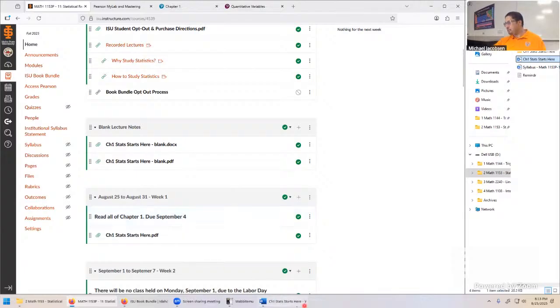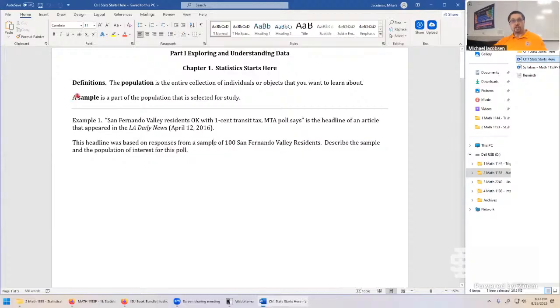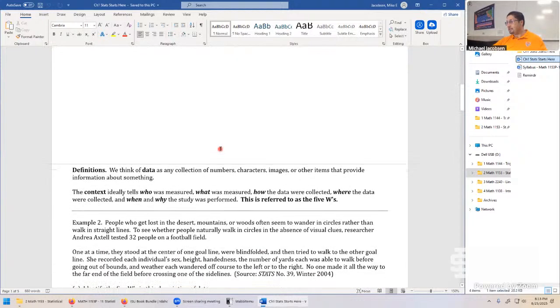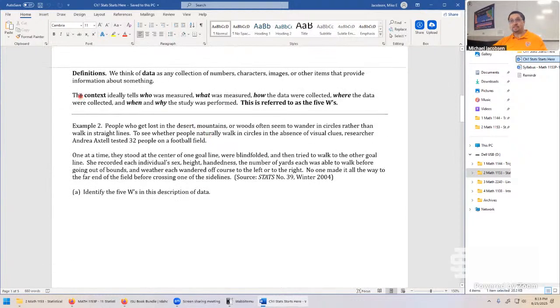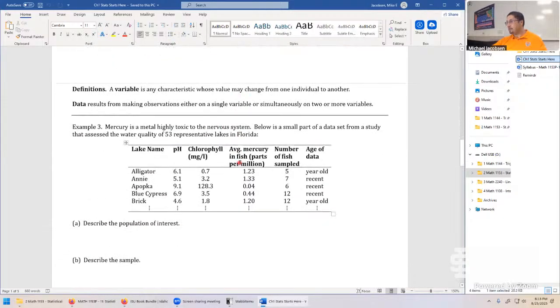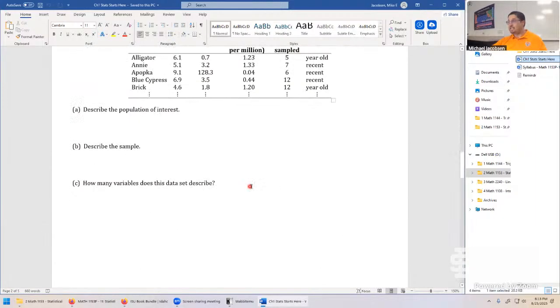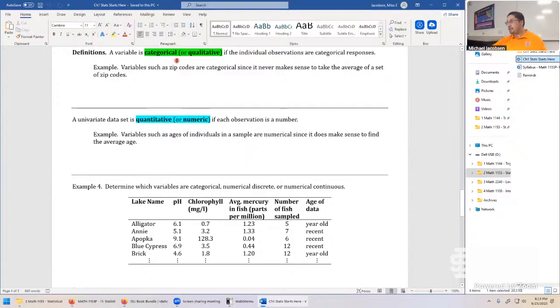If you're wondering what's going to be on the exam, look at the lecture notes or the quizzes. Any kind of definition here is part of the exam, essentially. Scrolling through, we'll have ideas of what data is, population versus sample, ideas about variable, categorical versus quantitative. These are the main exam takeaways. And it's the reading that just helps it make sense and puts it all together.